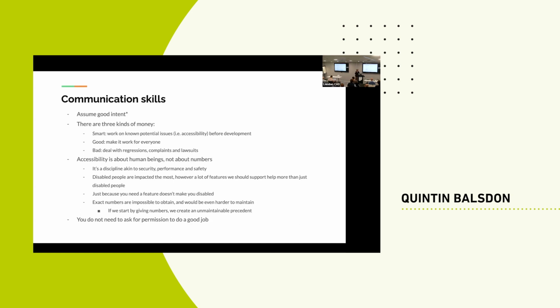So I did mention this, but when we sell accessibility by numbers, we create a precedent, right? So if I say to you there are 1 in 6 people who are disabled in the world, and I sell this to a business as this is why you need an accessibility program, they go, wow, that's a lot of people, like we need to support accessibility as a whole. And then they start asking questions like, well, how many people need that specific feature? And because I can't give you that number, I end up looking like I've sold you snake oil, right? And we don't want to do that.